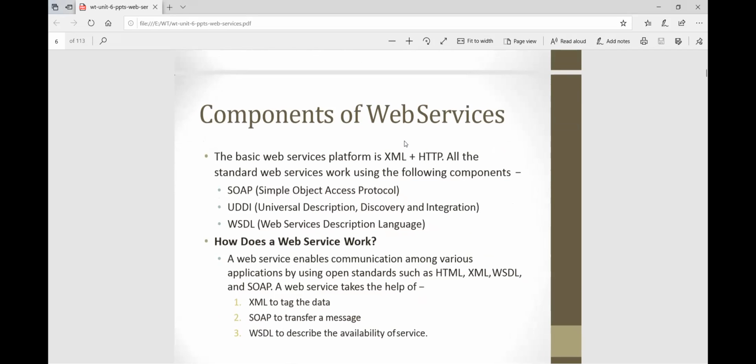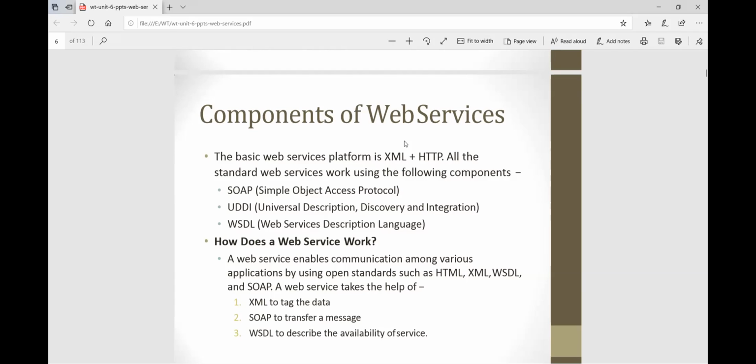Then we see the components of web services. The basic web services platform is XML plus HTTP. XML is the Extensible Markup Language, and HTTP is the Hypertext Transfer Protocol. All the standard web services work using the following components. Basically we use three components.